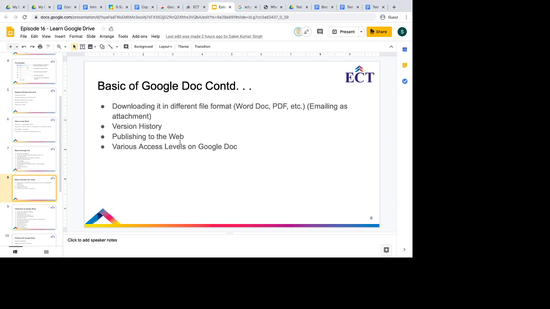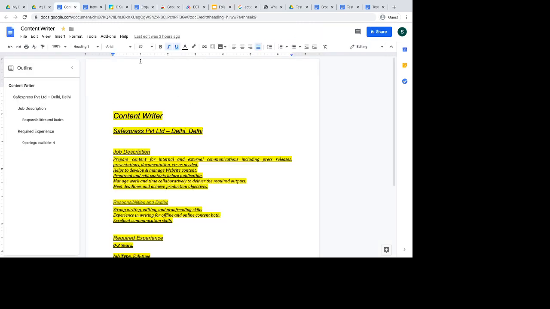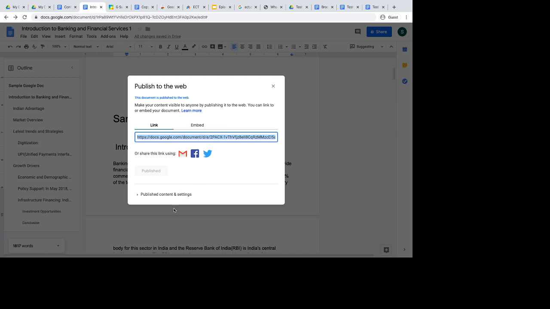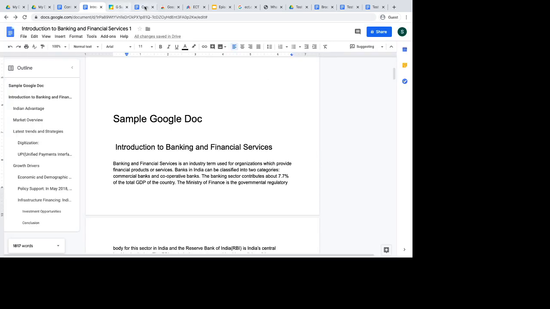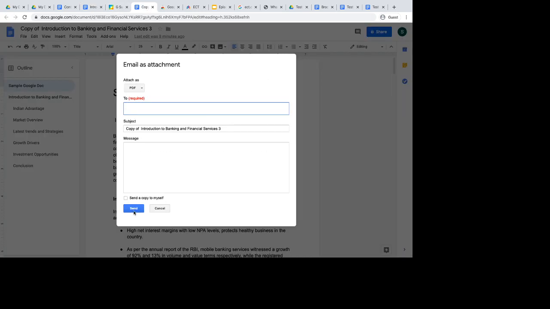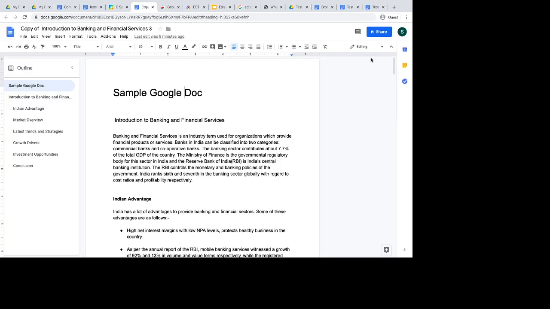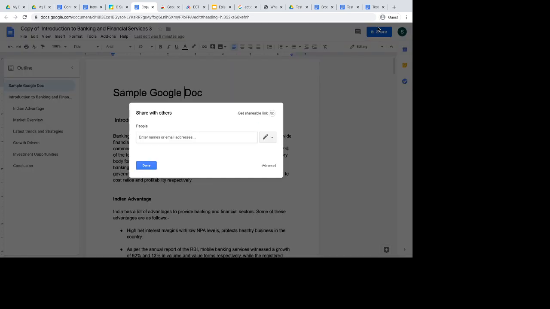All right. Then coming to various access levels on Google Docs. There are different access levels the way you want to give. So there are 5 people who are working in the team, and if you want to give a kind of access to them, how can you do that? Simply click on Share, and then you will see Get shareable link. So click here,